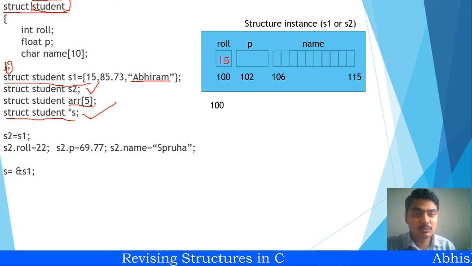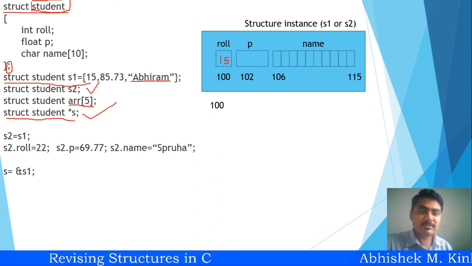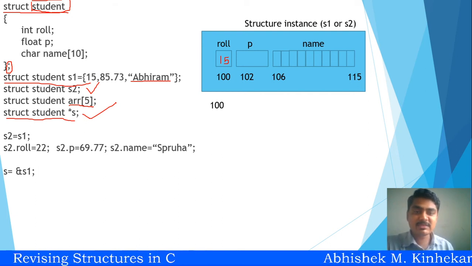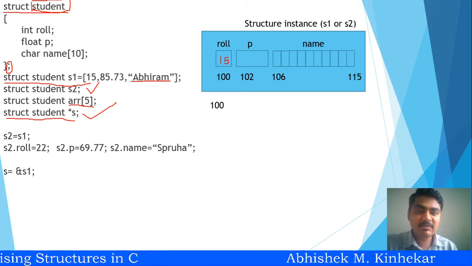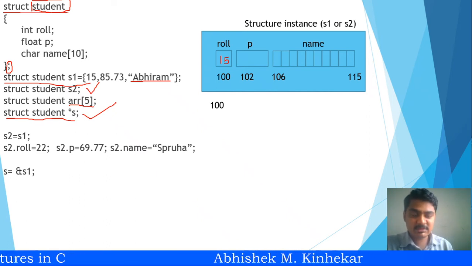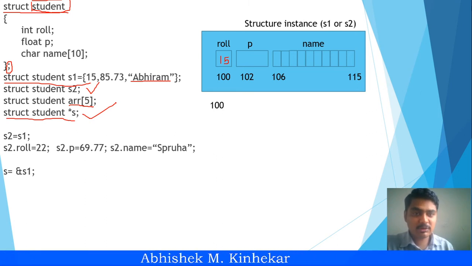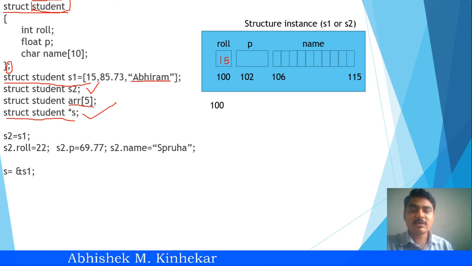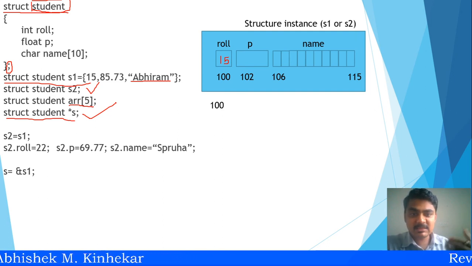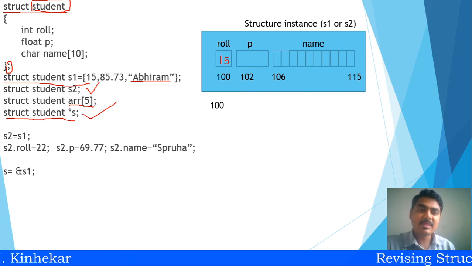Now there are two ways to access. One is the static way and another is the dynamic way. The static way we have already seen by using the dot operator. How do you access individual structure members by using a structure instance? We simply write structure instance dot structure member, correct? So by using the dot operator we can access the individual values, correct? Now what if this is my pointer instance? In this case we can access these values by using a pointer instance and a new operator. That operator is called the arrow operator.